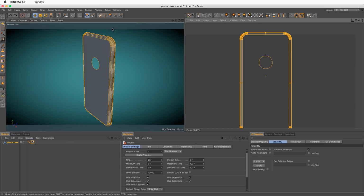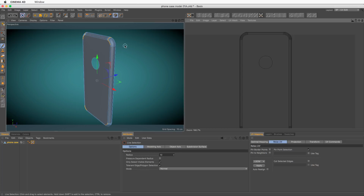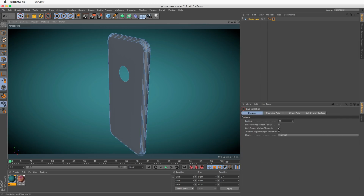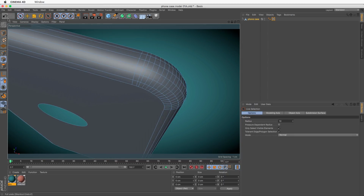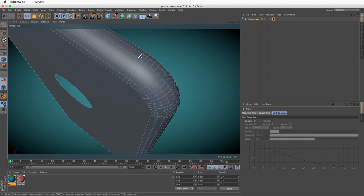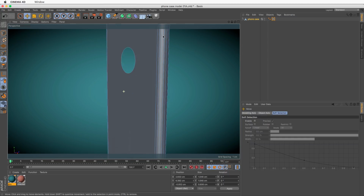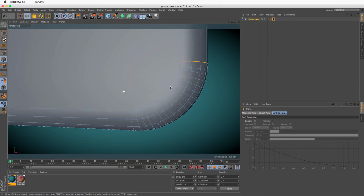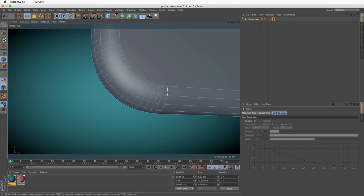So in order to do that, we need to start adding cuts. So let me go here, and I'm going to take my live selection tool and click here. I'm going to go to my standard layout because I prefer working in my standard layout when I'm doing these things. And the first thing I'm going to do is take my move tool, double click here, then shift double click here, go all the way down, shift double click here, go here, shift double click here, and shift double click here,